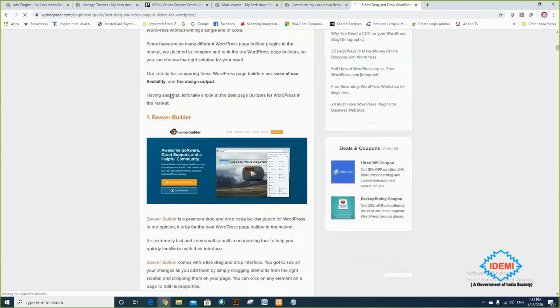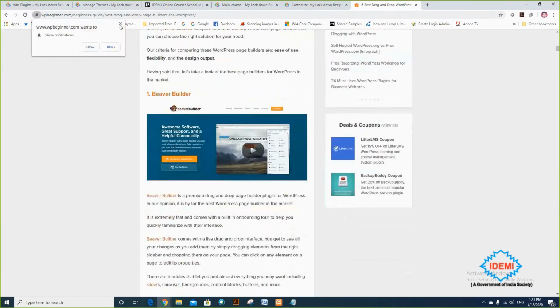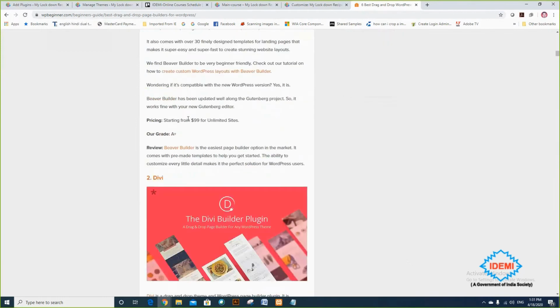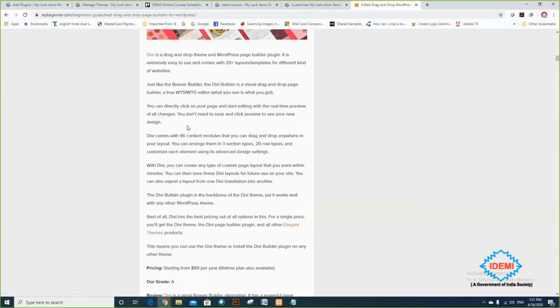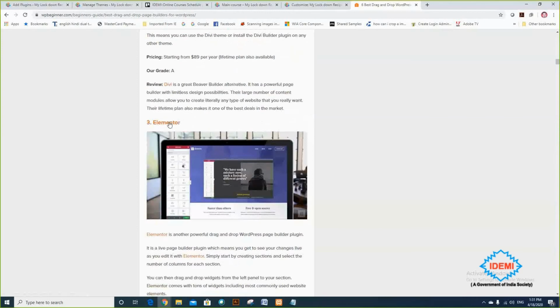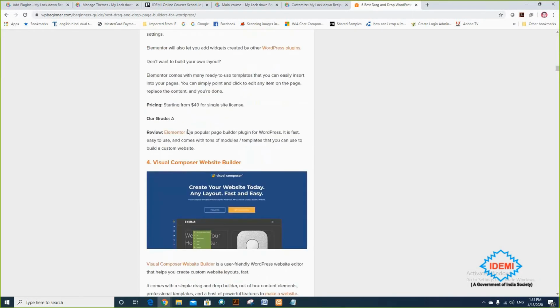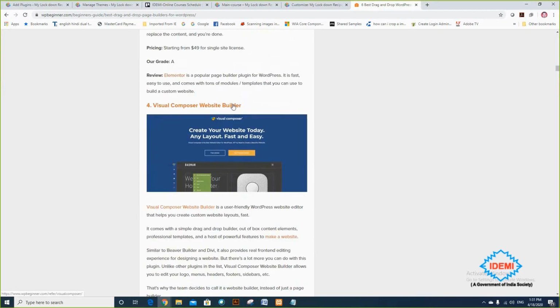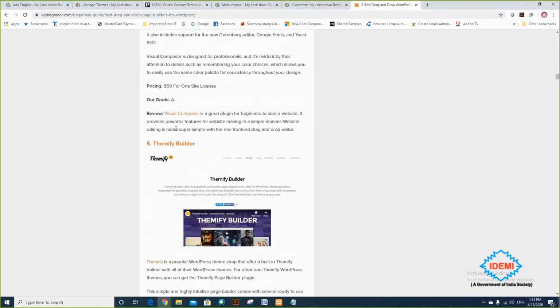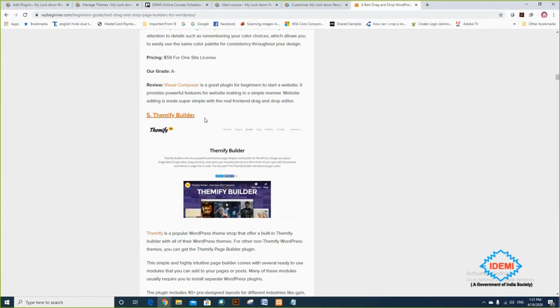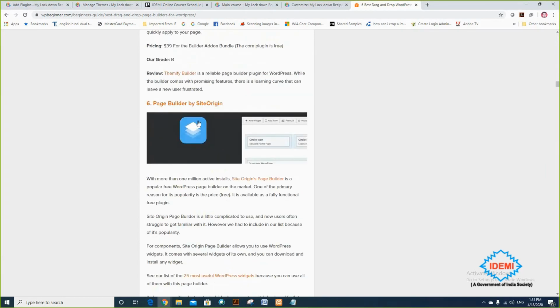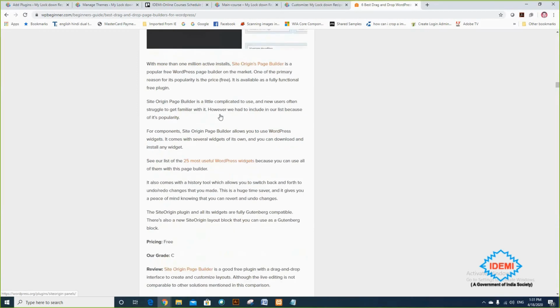So Beaver Builder, then there is DIVI Builder, then there is Elementor. This Elementor we are going to learn. Then there is Visual Composer website builder, then there is ThemeFusion builder, and then page builder by SiteOrigin.